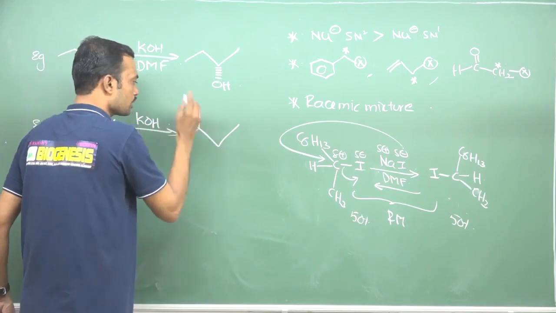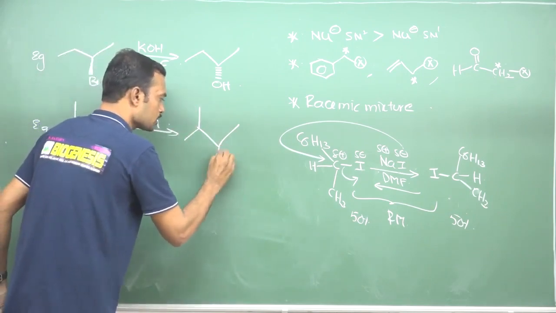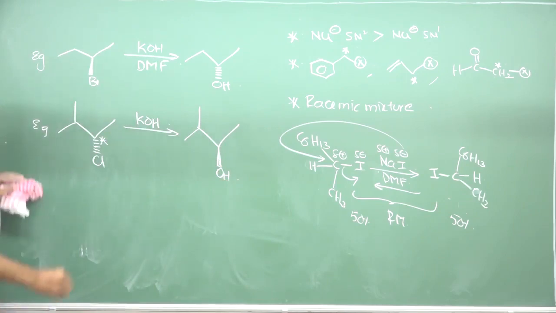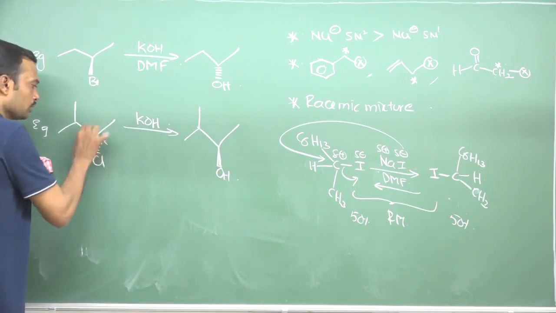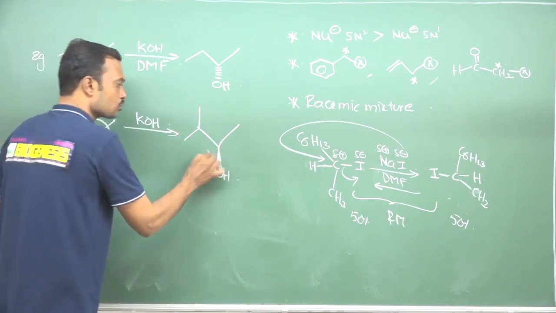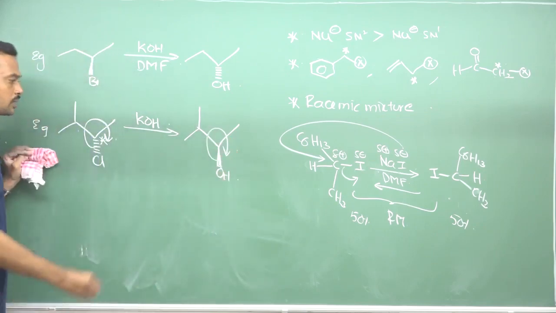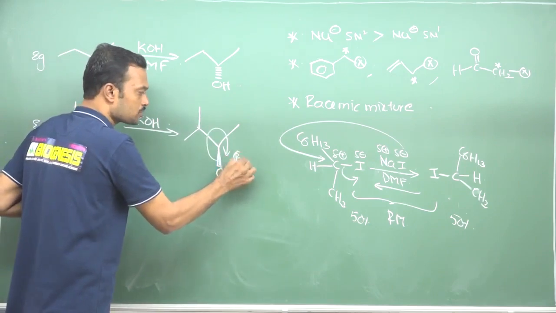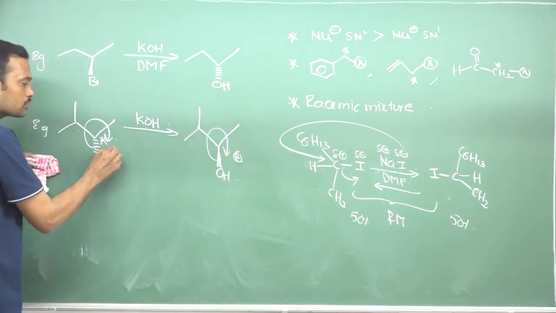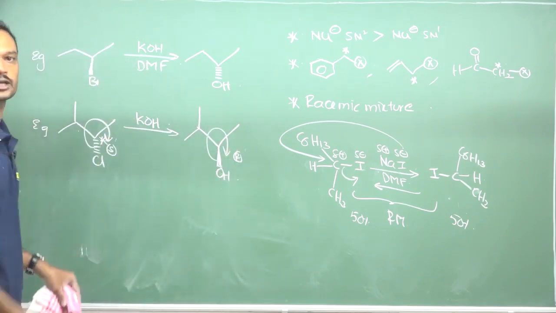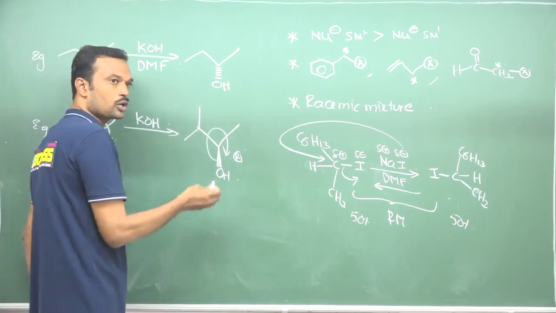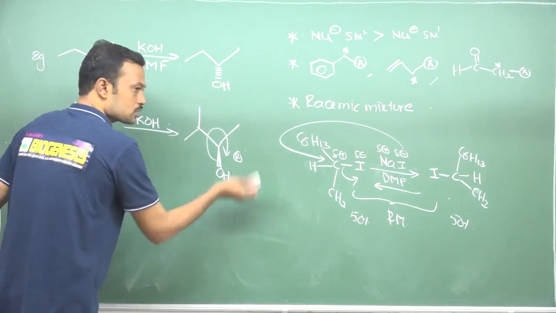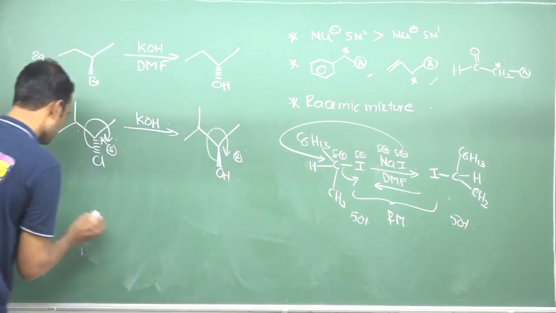If it is a chiral center, now chlorine is replaced by hydroxy. It is oriented in the opposite direction. It is 1, 2, 3, a clockwise direction, and here also it is clockwise. But here, clockwise with top priority 1, 2, 3 becomes R. Now here it is clockwise and becomes S. So the configuration is inverted. When the configuration is inverted, you are going to get a 100% inversion product here, which means the opposite configuration product is expected.